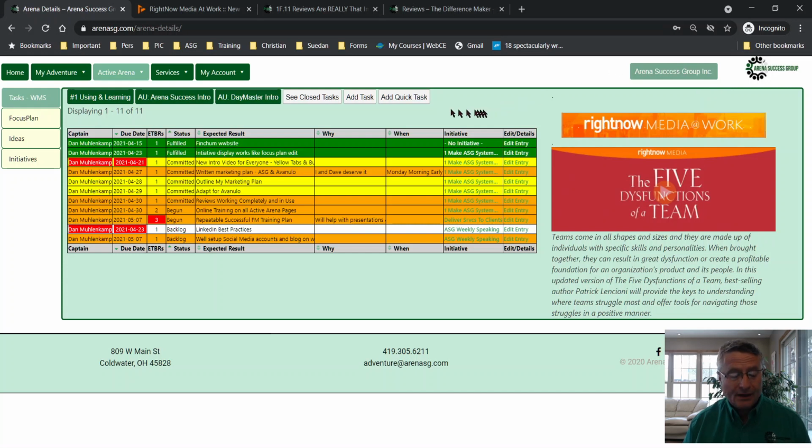All right, the first page we're on is the Task and WMS page, or tab. There are different tabs up and down the left-hand side of almost every page, and you'll see buttons across the top. Now, before we go any further, I want to point out to you that on the right, there is a featured